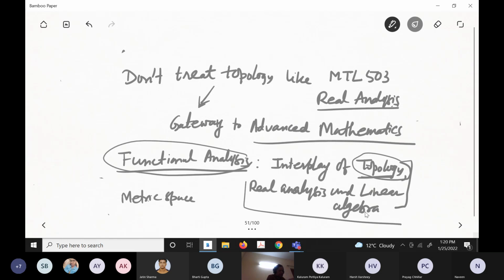But in the US now, they have something called topological functional analysis. It is functional analysis, but you use topological properties. They are trying to identify themselves apart from the so-called operator theory. Operator theory is a different area that came out of functional analysis. So in identification, they sometimes call it topological functional analysis. Make sure that you take this course seriously.